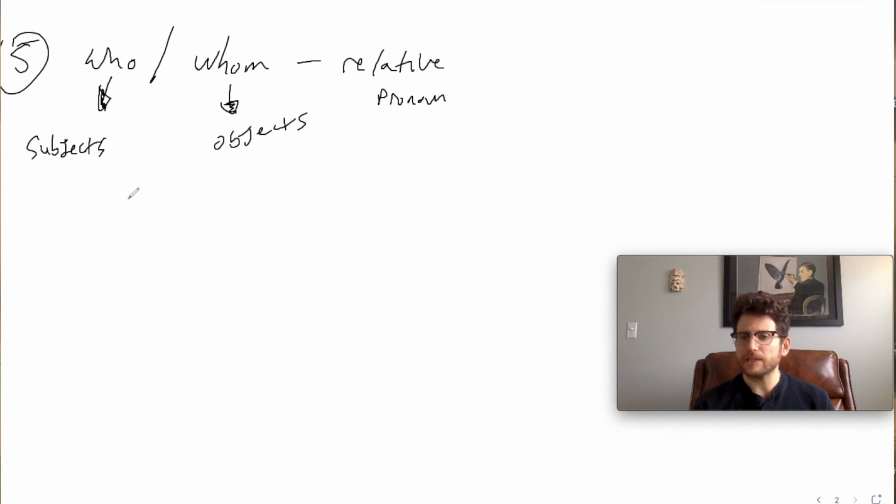Okay, so an easy way to check and see if you're using the appropriate relative pronoun, who or whom, is to plug in words that you know are subjects. So words like he, she, they, those are subjects. Objects like him, her, them, those are objects. So in a sentence like,